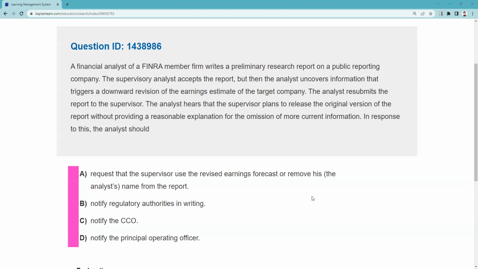What should I do? A says I should request my supervisor to use the revised earnings forecast or remove my name from the report, my work product. That sounds pretty reasonable, right? I'm saying, well, I don't want my name on it if this is not something that I've revised and you're going to put out that one. Do I notify the regulatory authorities in writing? No. Notify the chief compliance officer? No. Notify the principal operating officer? No. What I do is I request my supervisor to either use my revised earnings forecast or remove my name from the report. Now, Bill James is the subject matter expert at Kaplan for 24, and let's see what his